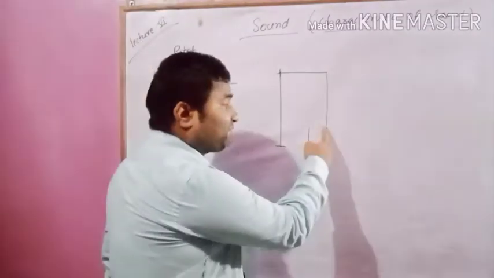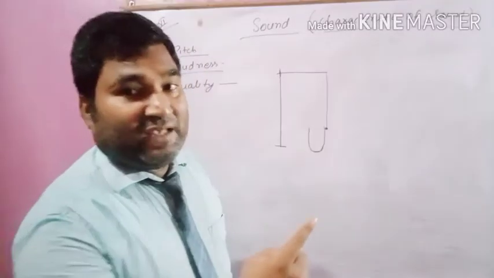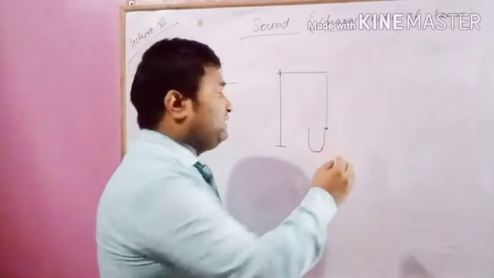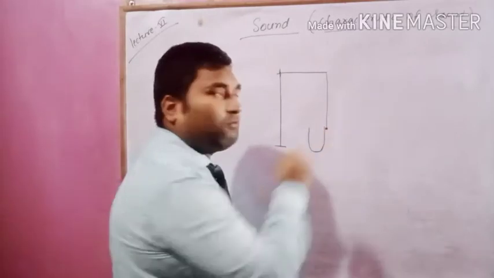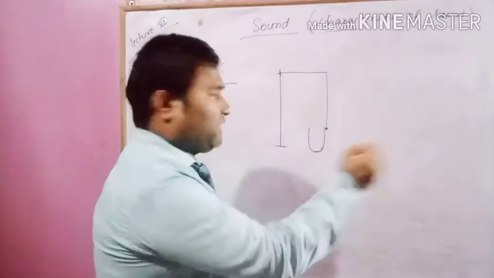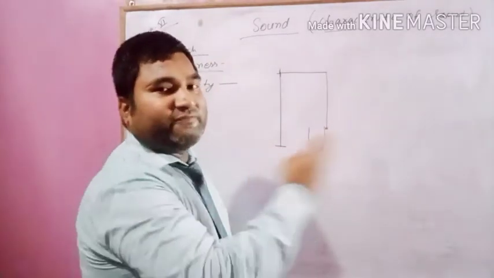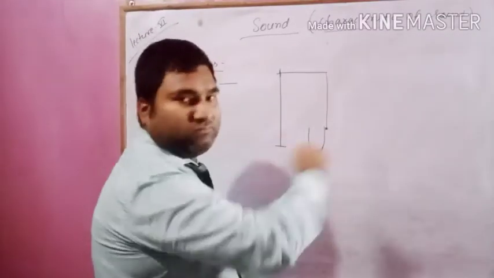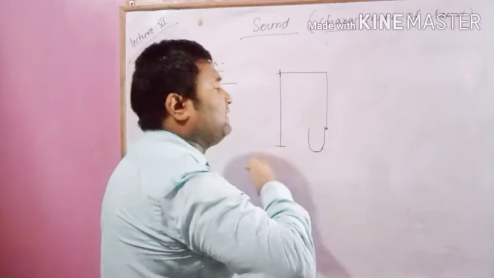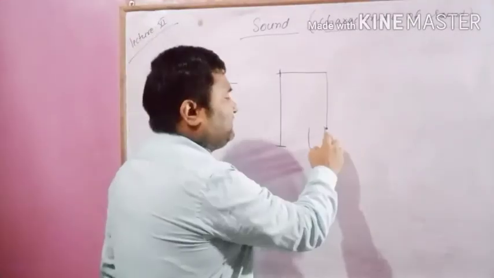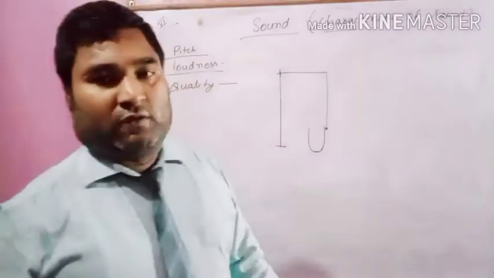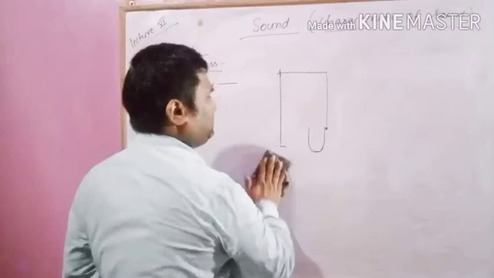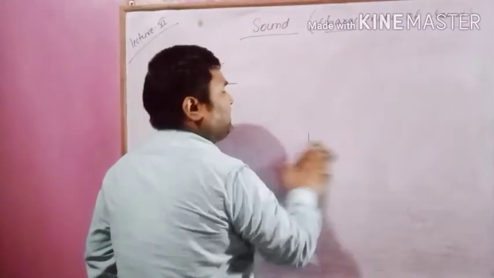Here the glass and ball are the vibrating body. If it is vibrating slowly, this ball will move only a little bit away from the glass. But if it is vibrating strongly, then if the amplitude is more, this ball will travel to a longer distance. Okay, so this loudness we have discussed, and we have discussed that loudness depends upon the